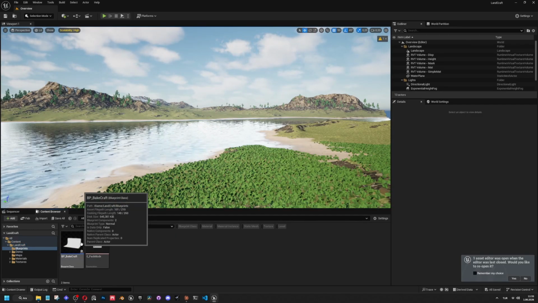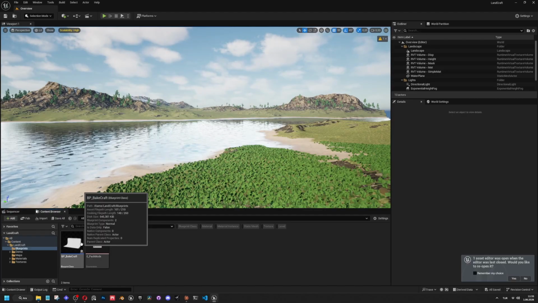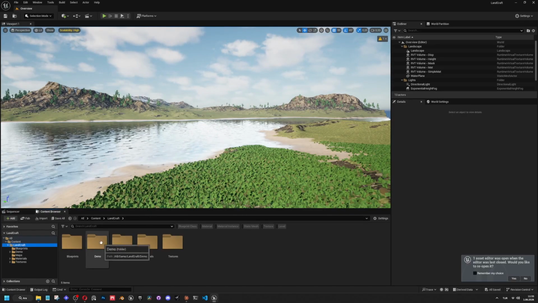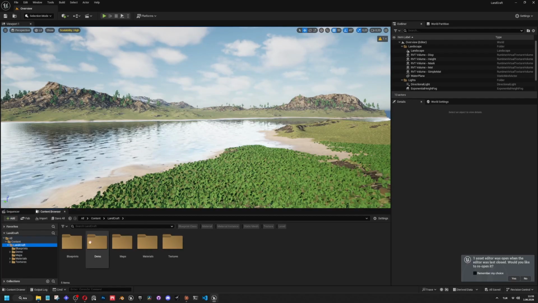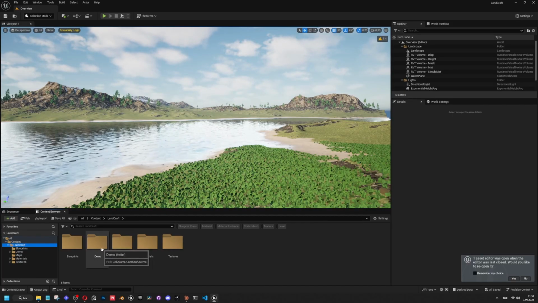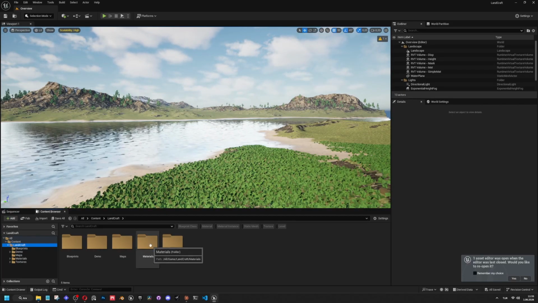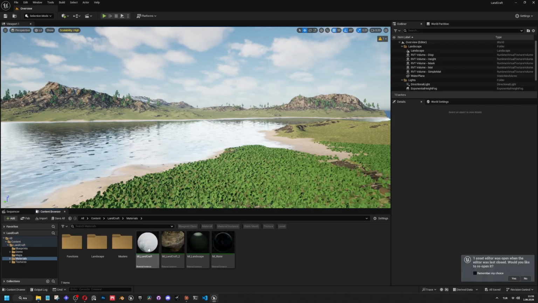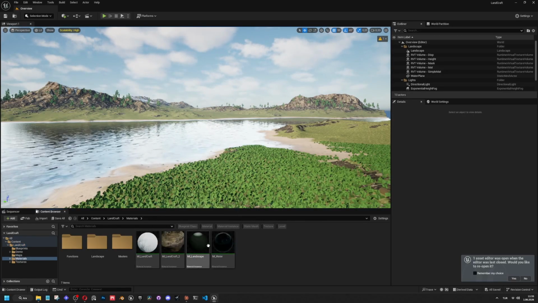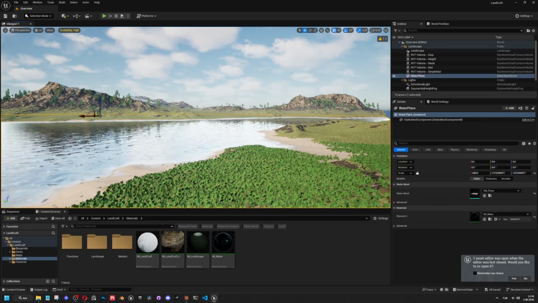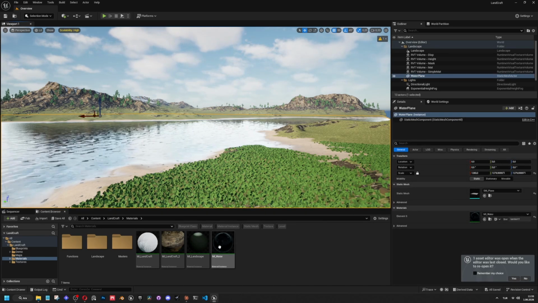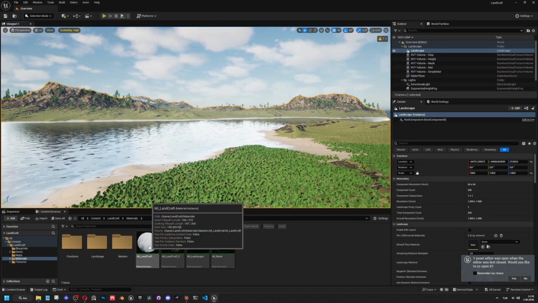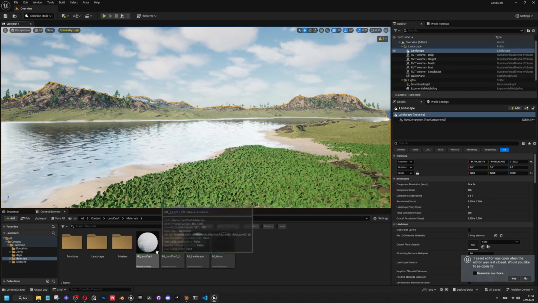The blueprint is just for creating your custom textures, like baked normal textures and 2-channel normals. You have the demo folders for demo stuff. The important things are the materials and the textures. In the materials, you have these material instances that you can directly use. So we have a plane that is using the water, and we have the landscape that is using this MI